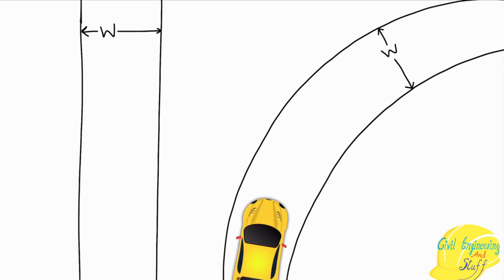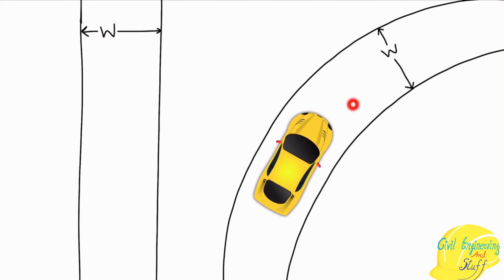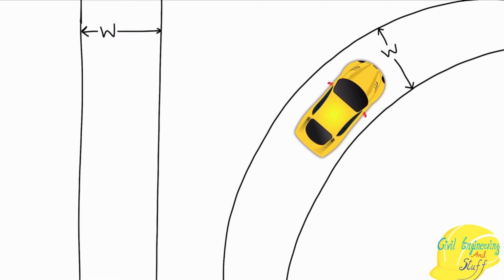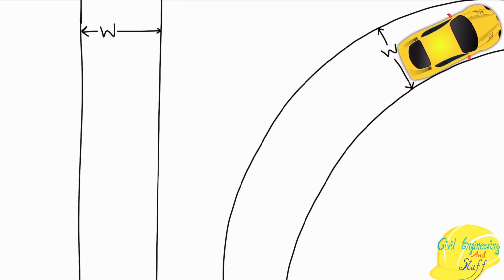So as the vehicle enters the horizontal curve, the rear part of the vehicle, being rigid, gets off track from the front part of the vehicle. The rear axle of the vehicle deviates from the front part of the vehicle, and this causes a bit of